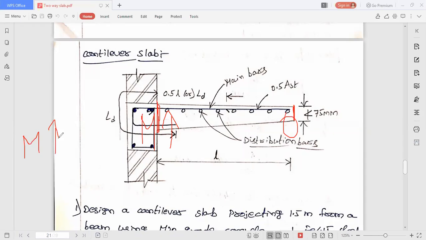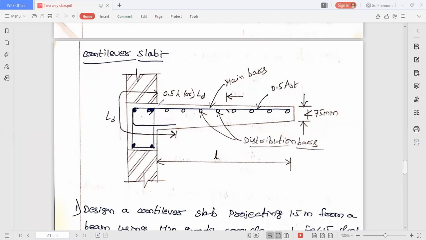If bending moment is very high, then the area of steel requirement is higher and the depth of the slab requirement is also higher. Whenever you have less moment, then the thickness of the slab as well as the area of steel requirement is also less. That's why, to maintain this slab as an economical design,